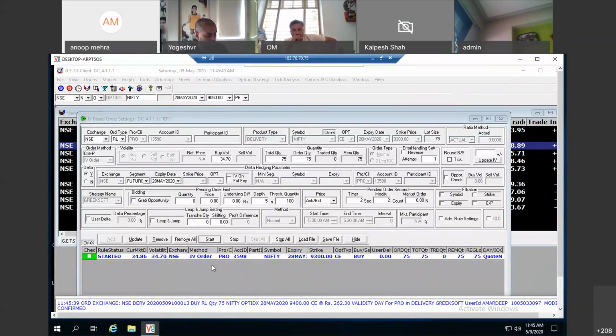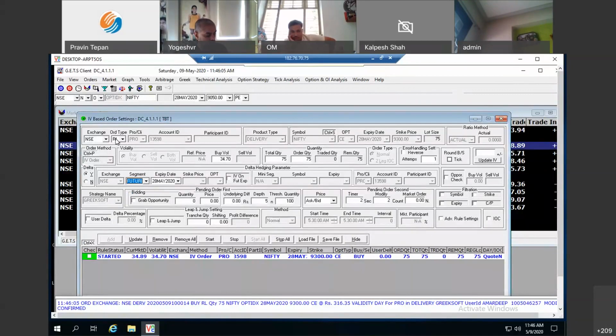And now on this particular screen, I want to buy 9300 based on its volatility. And again, I want to hedge the delta. This is the same static delta that we had in the spread screen. If I want to hedge the static delta, do I want to hedge it with equity, future, options, synthetic? I have all the options available.